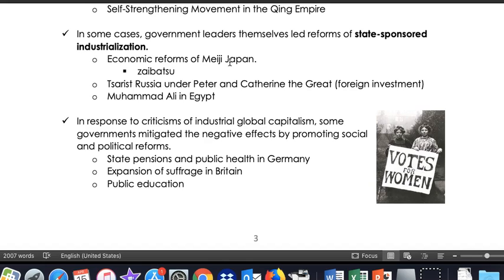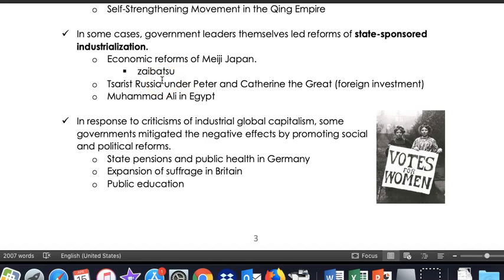However, with the arrival of the United States and the demand, really, with the battleships parked there, that they open up their ports for trade, there's a recognition in Japan that they have to change or they will essentially be conquered and dominated. And so the Meiji restoration and reform in Japan is really an attempt to industrialize and modernize and accept elements of westernization that would allow them to be successful, but then reject elements that they did not want. And so Meiji Japan sees the adoption of Western style clothing and education, but it does retain certain Japanese elements such as religion and cuisine.